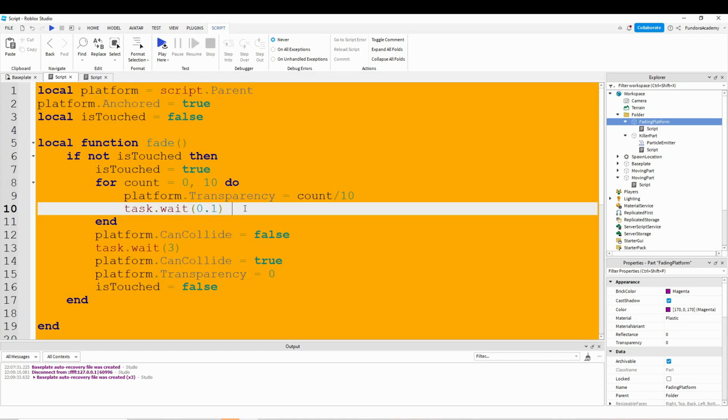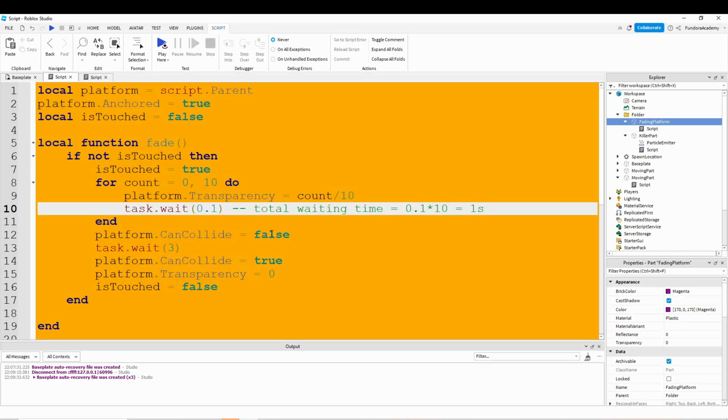So that means the total waiting time is 0.1 times 10 equals 1 second, right? So it will take 1 second for the part to change the transparency from 0 to 1, and then